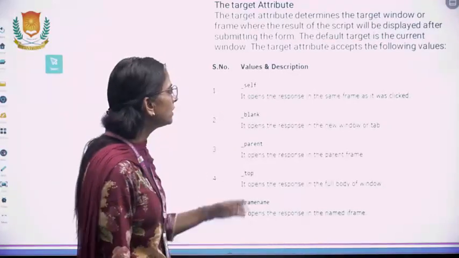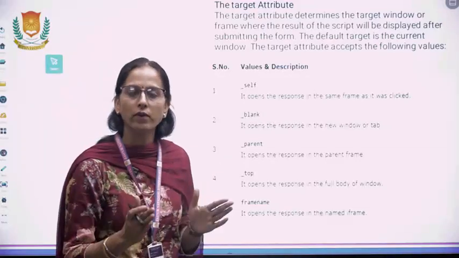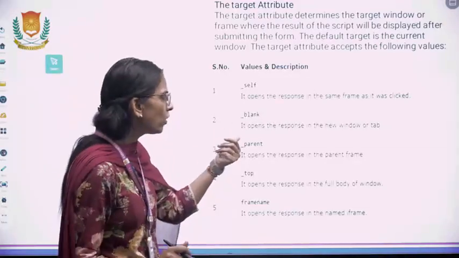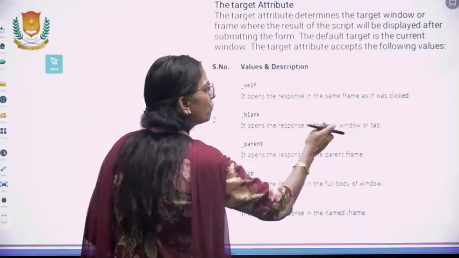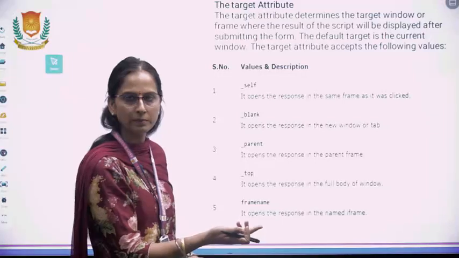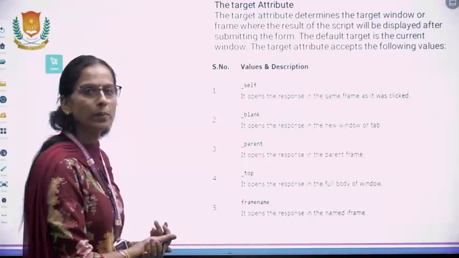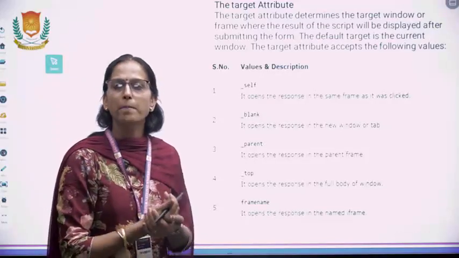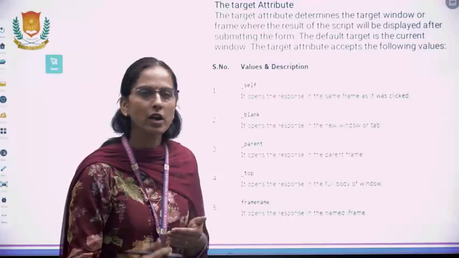If we choose self, it will be opened in a separate small frame. If we choose blank, it responds in a new window; a new tab will be opened. If we choose parent, it will be opened in the parent frame. Parent frame means the frame in which we are working right now.